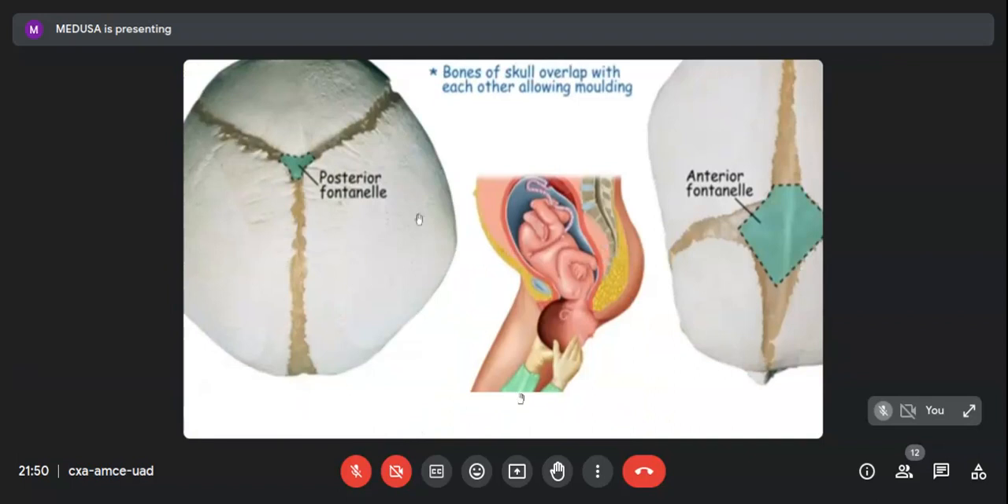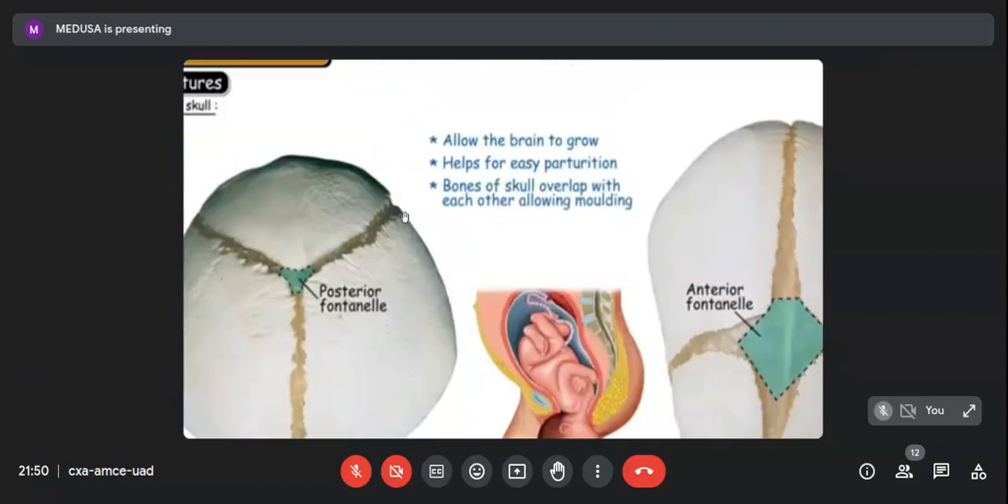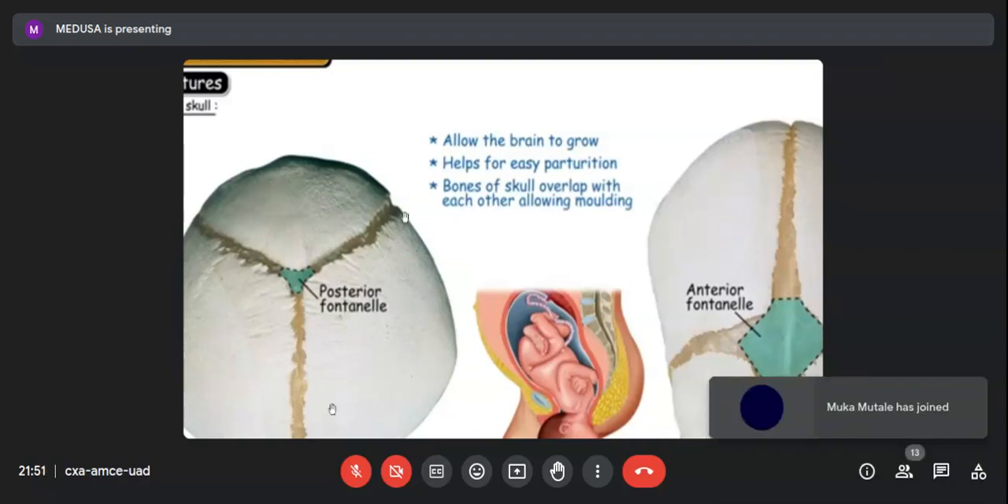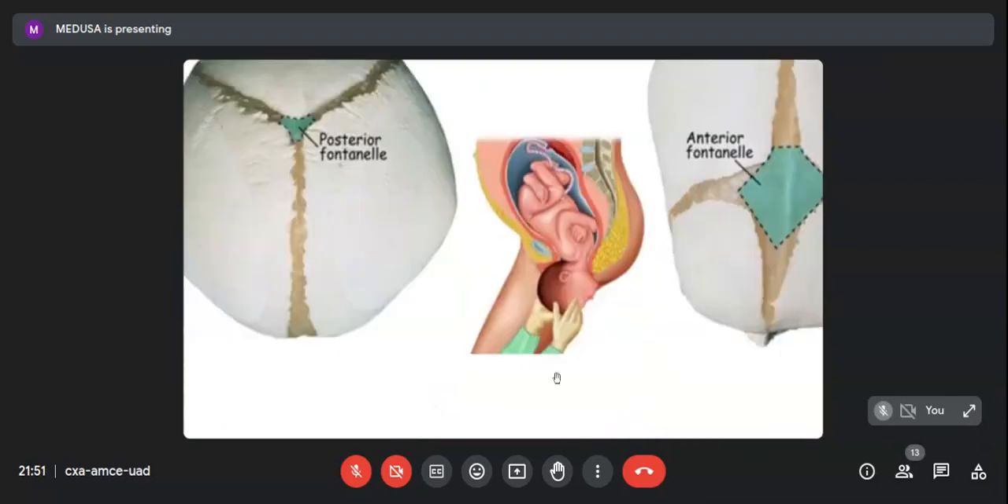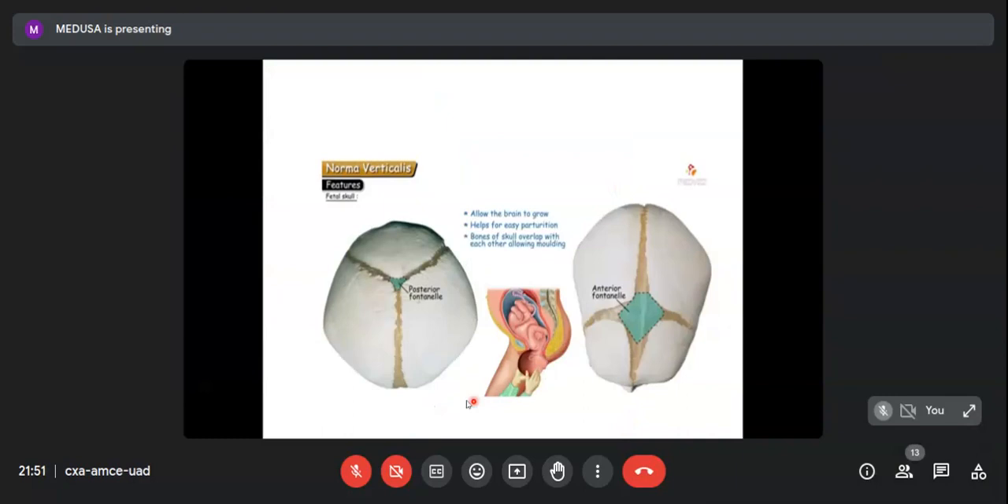So as the baby grows, you can see that the two parietal bones will overlap, and we're going to have the occiput bone and the parietal bones and the temporal bones overlap. Why are they overlapping? They are accommodating the process of modeling of these bones, so they can be in a good shape for the sake of